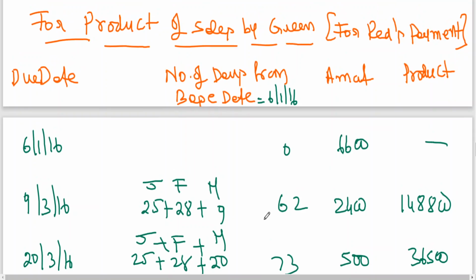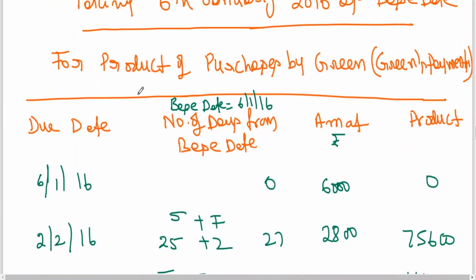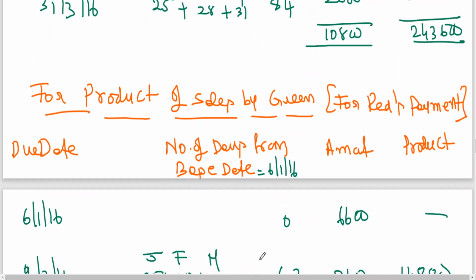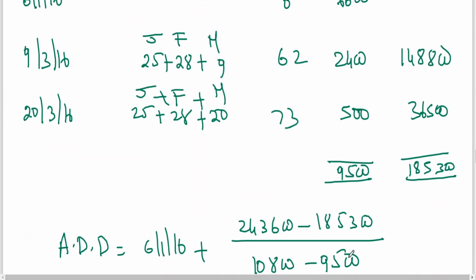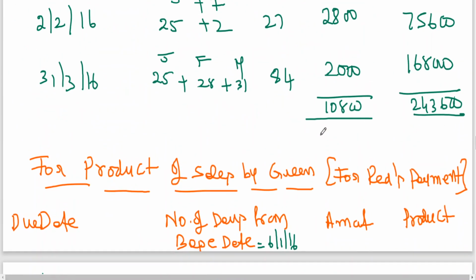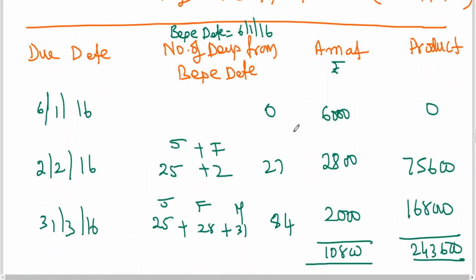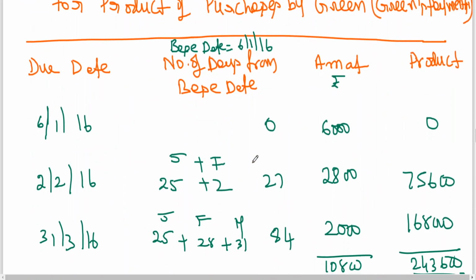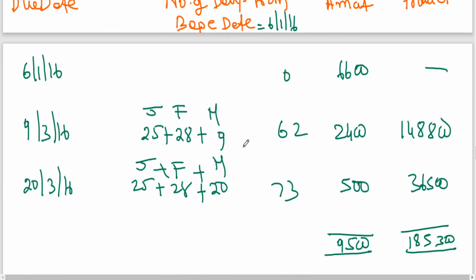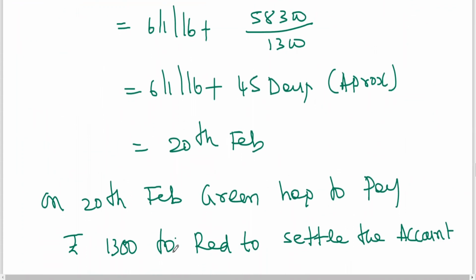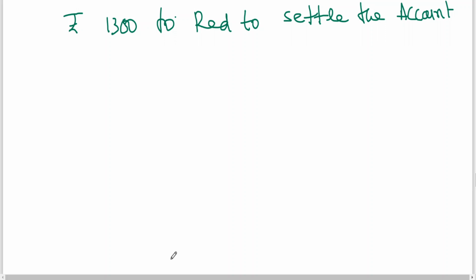That means the actual purchases made by Green are more than sales made by Green. It is coming to 9,500 whereas 10,800. So who has purchased more? Green has purchased more. Then this is the advantage. Instead of me having amounts to be paid on different dates, me having to make payment and me having to receive, a single date difference amount can be received. This is the advantage you are having under the average due date method. Okay.